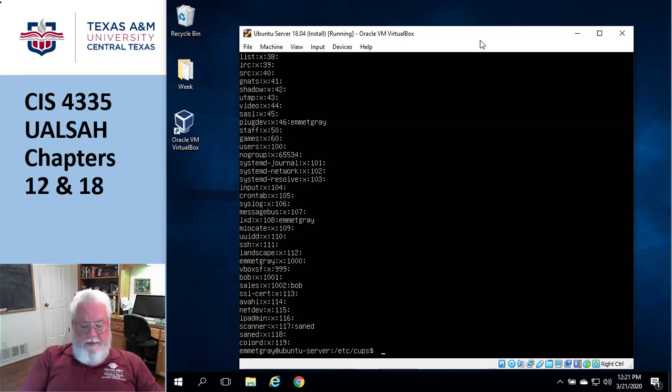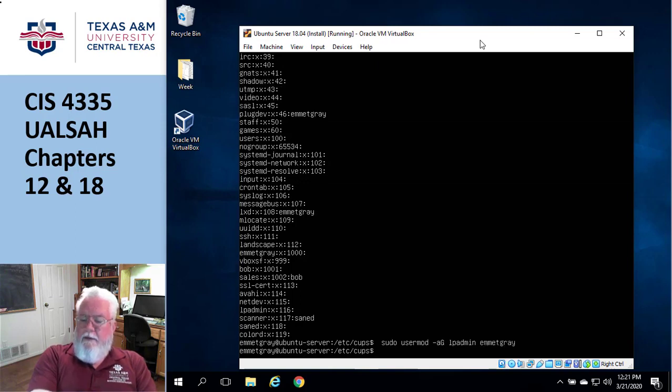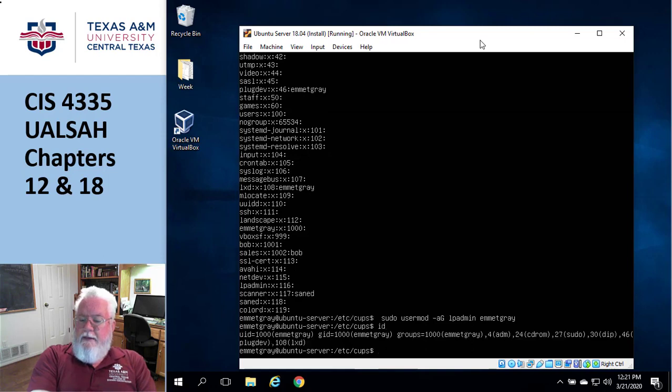LP admin doesn't have anybody in there. So I'm going to go in there and add now. You guys remember how to do this? I'm going to use usermod, right? Sudo. So I'm going to say usermod -a, capital G means the group we're in, and LP admin, and then I'm going to put my name in here, which is Emmett Gray. Okay, cool. So if I do id now, I should be able to see that I'm in the